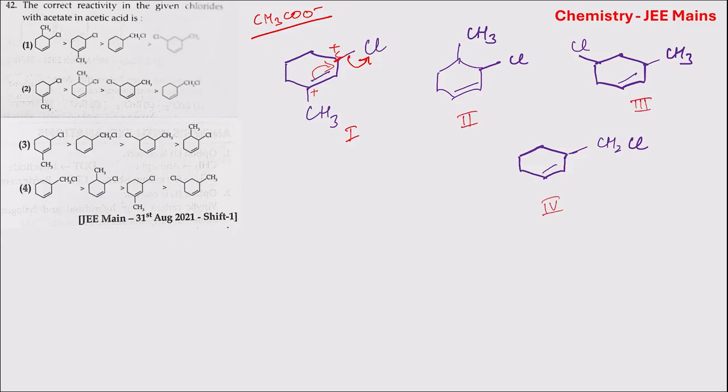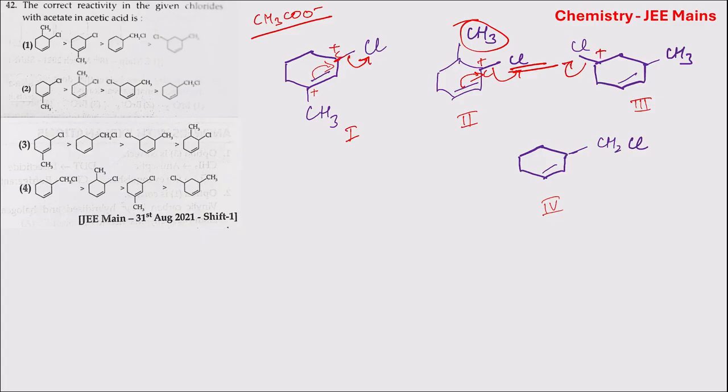In the second compound also same thing, chlorine leaves as chloride ion. Positive charge on the carbon atom gets delocalized due to the presence of pi electrons, but reactivity of the second compound is less than that of the first one, because methyl group, which is a big group, and chlorine, both of these will cause steric hindrance, because of which reactivity of the second compound will be less than that of the first compound. In the second compound, both methyl and chlorine are very close to each other and they lead to steric hindrance. In the third compound also, chlorine leaves as chloride.